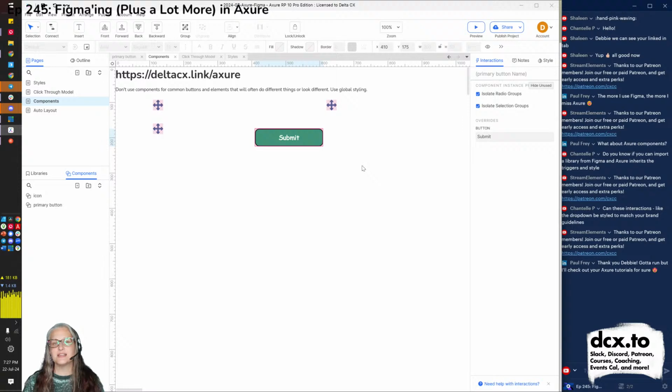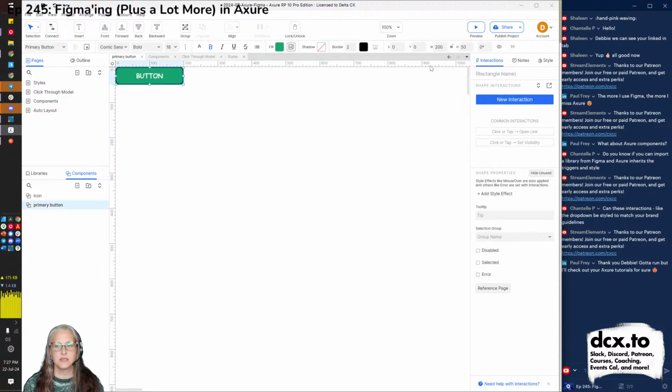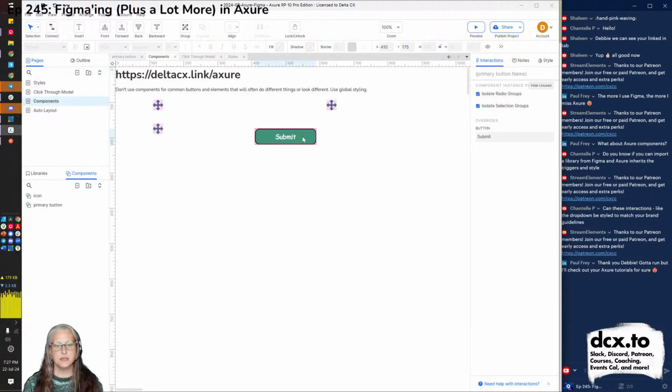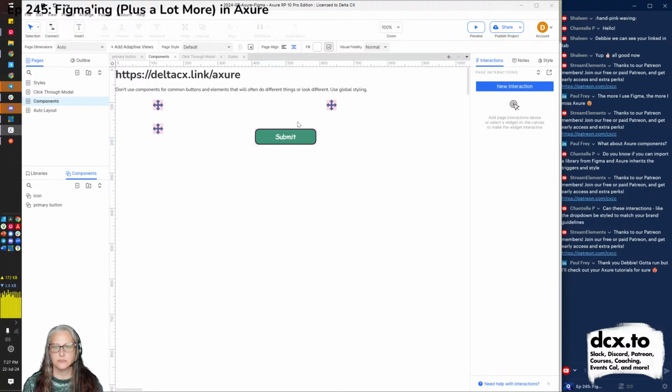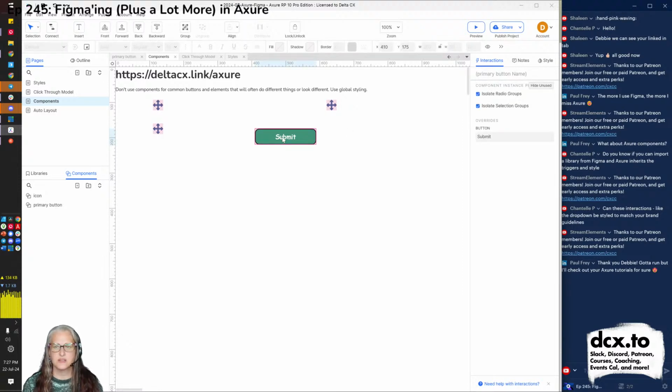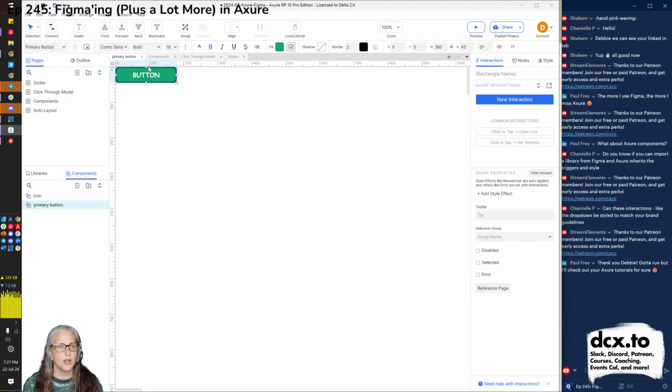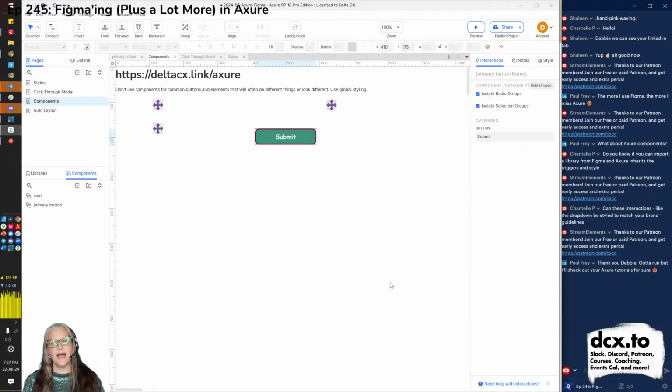If you change the size of your button, if you think the size of a button's going to change everywhere, okay, component makes more sense because this is the exact button. If somebody came back later and said, look, everywhere we've put this button, we need it to be smaller. We want this button to be 180 by 45. Okay, now this button is 180 by 45, right? Says should be. So that's some of the difference.